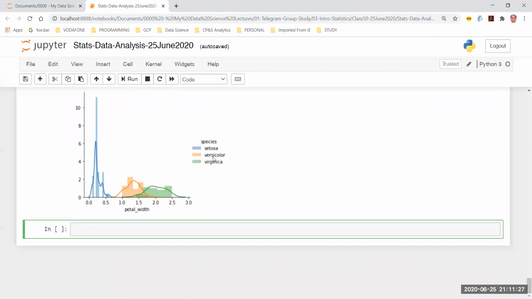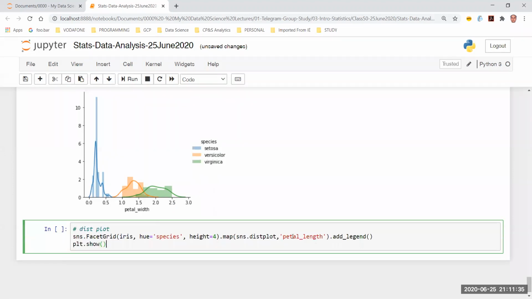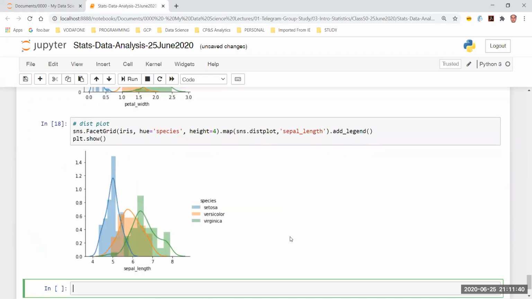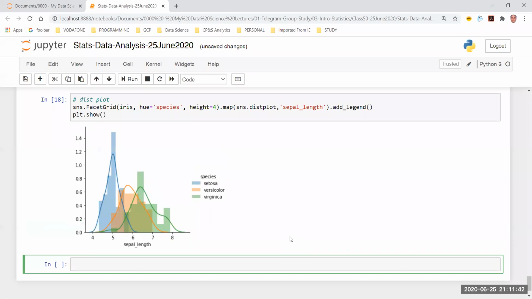But here, I am not really in a position to write an if-else statement to find out what is versicolor, what is virginica, or what is the differentiation between them. Now, let's look into the other two variables. Look at sepal length. Now, sepal length is an even more difficult question here. Versicolor and virginica with respect to sepal length are almost overlapping with each other. It will be a very difficult job to bifurcate the species of flower using the sepal length. You can clearly see this.